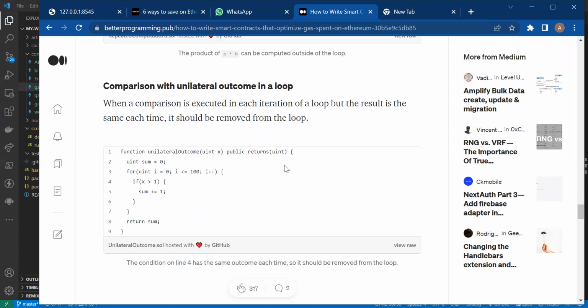Okay, so see now, this is a unilateral function. So we have a sum, we run our loop. I basically know that initially I is equal to 0 and I is less than or equal to 10. So I can never be 1, and I can never be minus 1. So if x is greater than minus 1, of course,